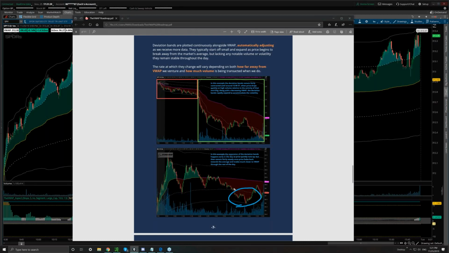when we break down below the deviation band, what's the volume doing? I mean, it's decent, but it's not the same massive burst we got as the market really collapsed to a new low. And so what we look for is not only slope, but confirming volume. We want to see participation from the big boys who are actually going to move the market. I think that's fairly intuitive, right?